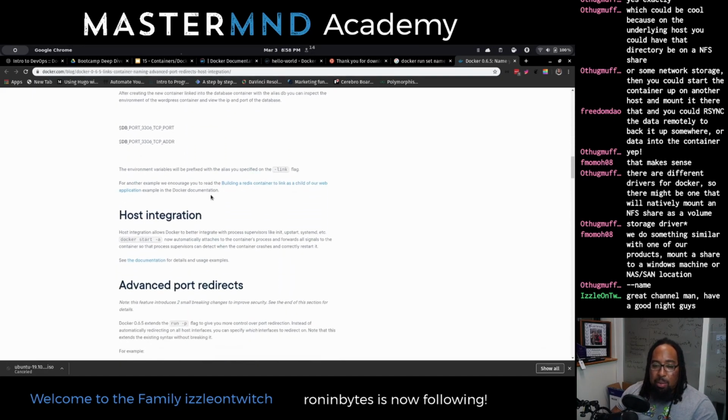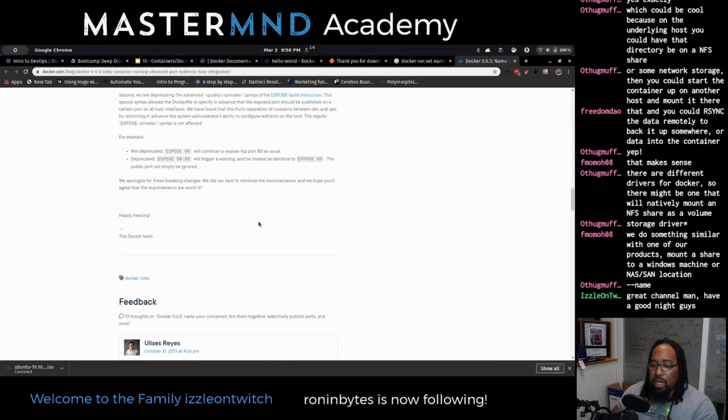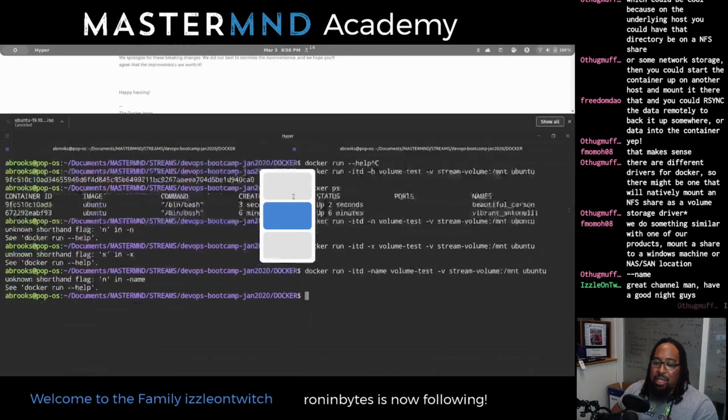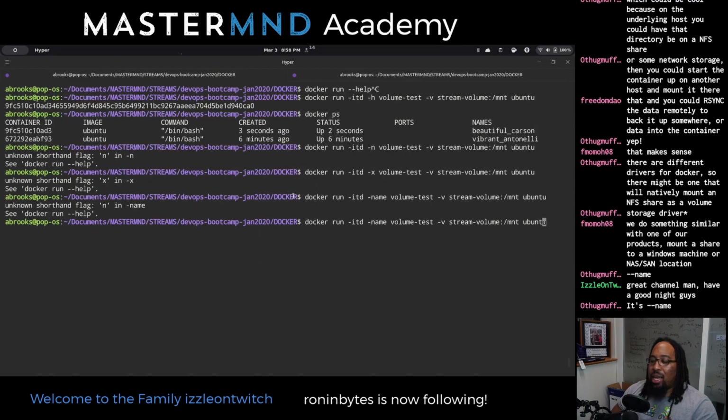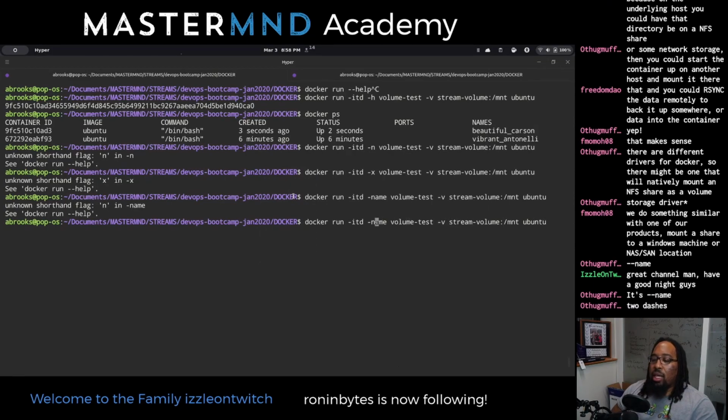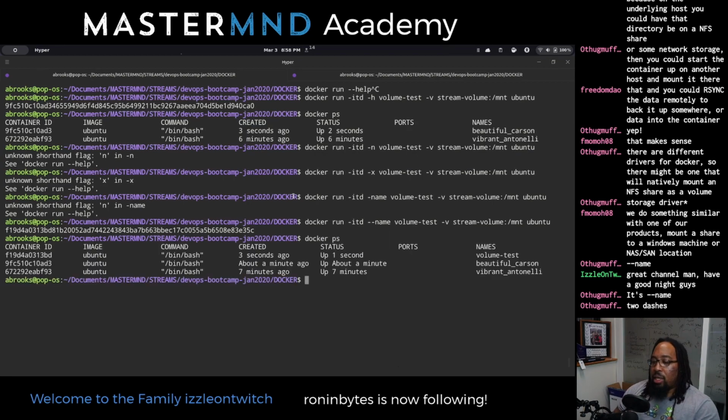It's not all that important right now, but like what we're trying to do. Oh, it's dash dash. Okay, so they did lie to me. All right, that was whack. Cool, it doesn't really matter. Now we have 3 containers here. Remember, Vibrant Tonelli is the one that spun up by default. This is the one that we spun up second, and volume test is the one we just spun up third.